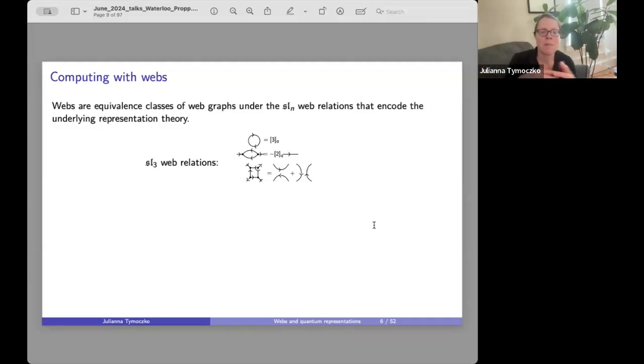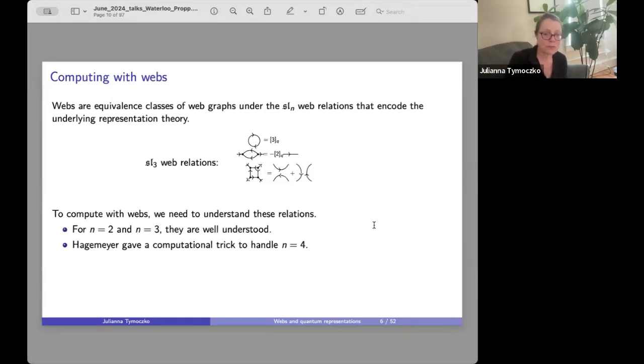My collaborator made the nice slides, this particular one, but I'm showing you SL3 because part of the story is that SL3 is well understood. SL2 is completely understood. And then things get really mysterious, in a way that we'll talk about soon afterwards. So this is super manageable. SL4 relations take up an entire page, and SLn even more so. So here's what I just said.